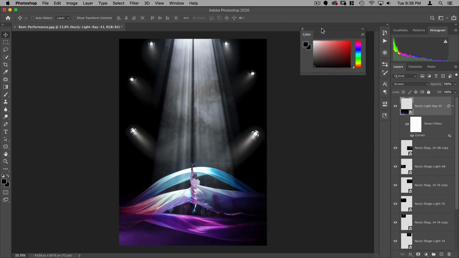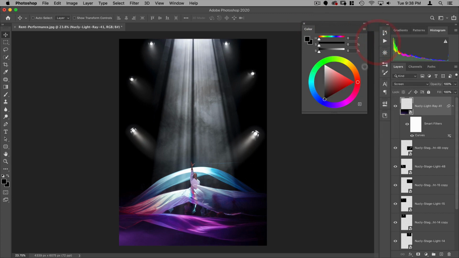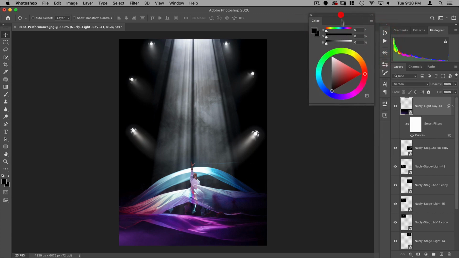And if you're not that familiar with the color wheel or how colors work, a good trick is to pull out your color palette and change it to the color wheel. And by just having this kind of open, you can see here that the opposite of green is magenta, the opposite of yellow is blue, and the opposite of red is cyan. So when you're working with your curves or making adjustments, you can kind of refer to this. So if I want cyan, I know I can manipulate the red in my RGB curves, and that'll get me cyan. Alternately, I could increase the green and the blue, and that'll also give me cyan.